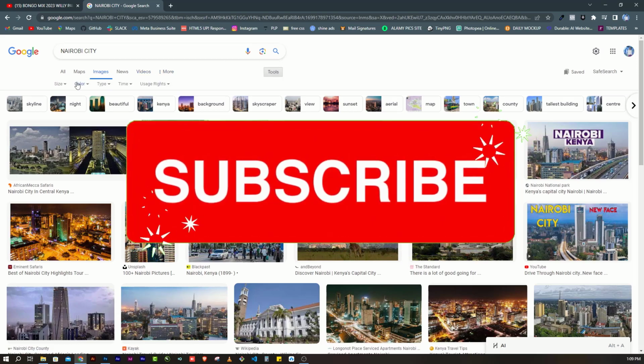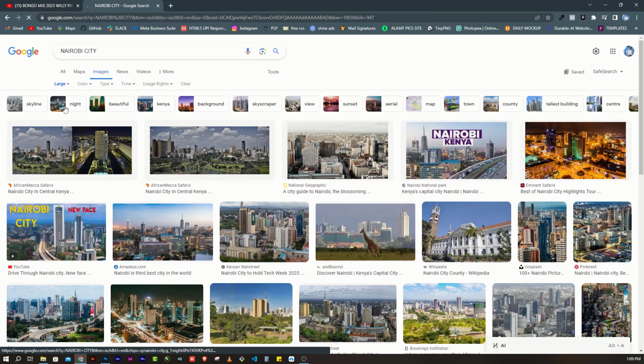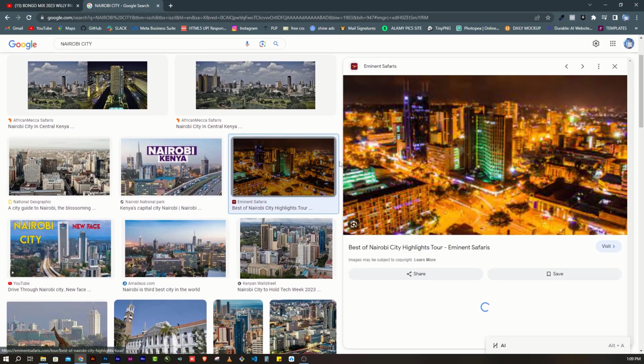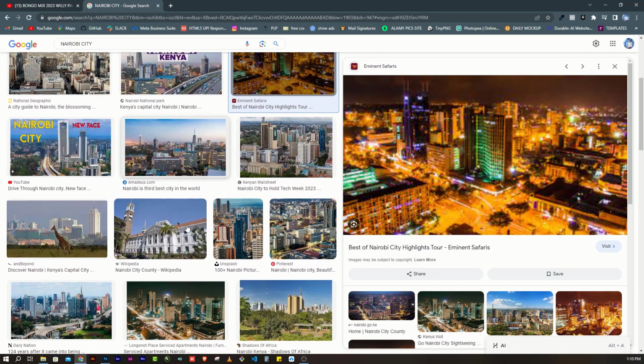So just come to tools, size. I want large images so that we work on something clean. So I love to work with this type of image. So let's give it some time to load. So in case there is any